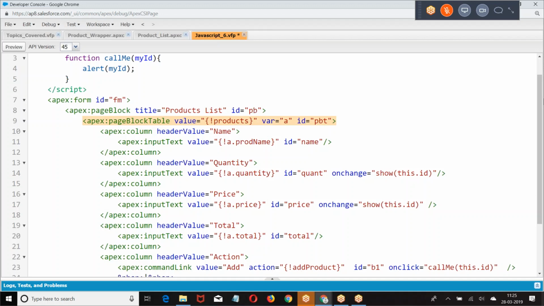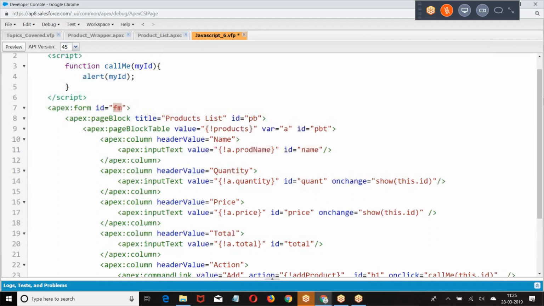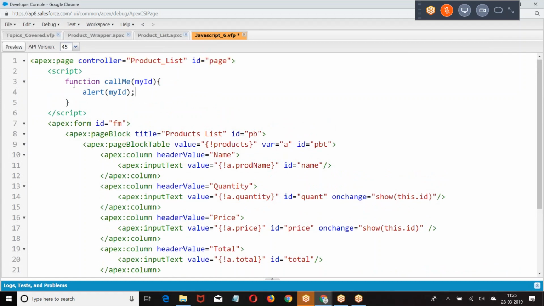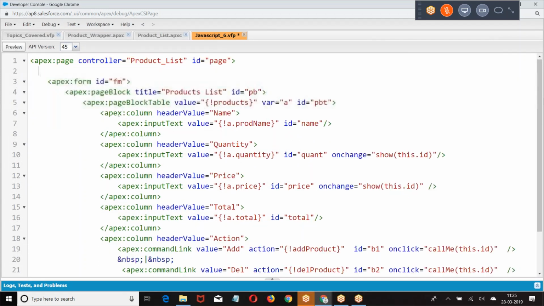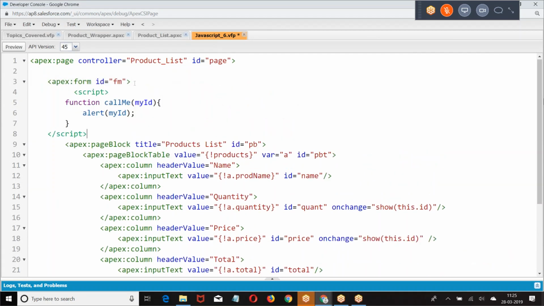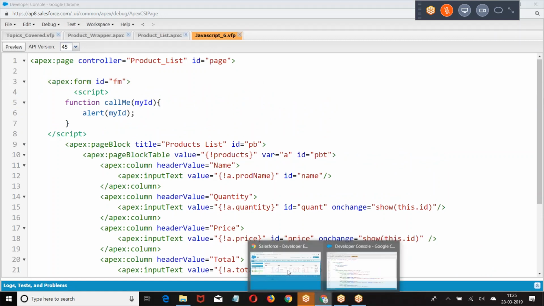Page block table, page block table, form. Go back here.